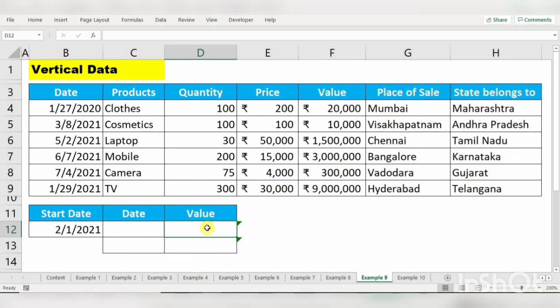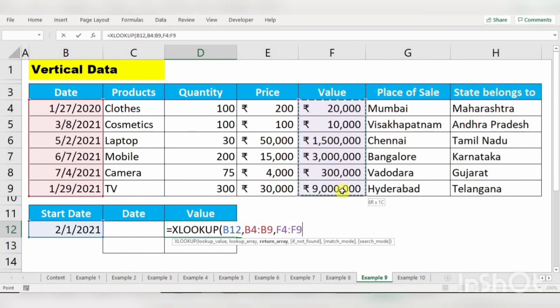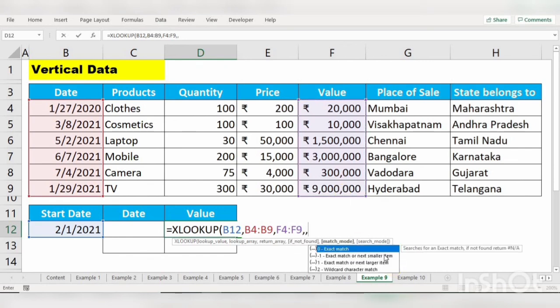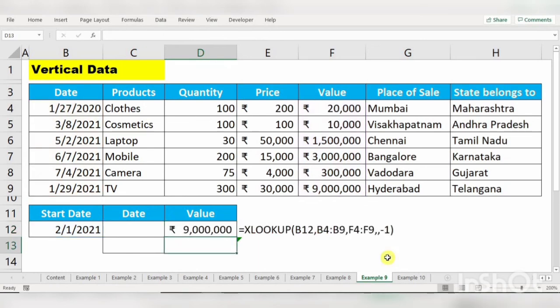If you want to pull your data after February, then you have to use next larger item. Equal to XLOOKUP, lookup value is this one, lookup array is this one, return array we need value, and if not found is not required. Here we need before February, so we are going to use next smaller item and enter.